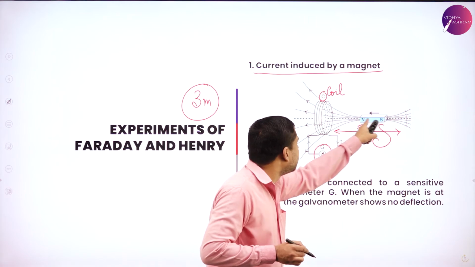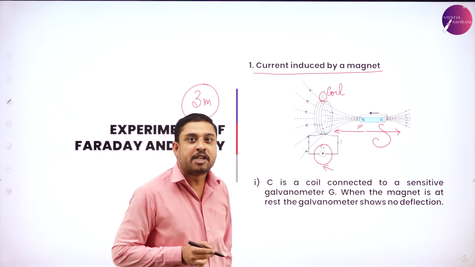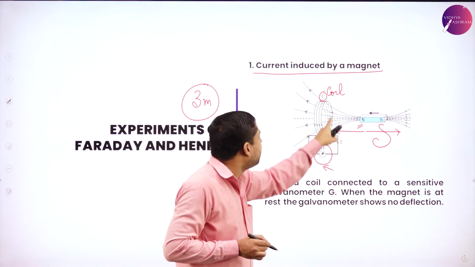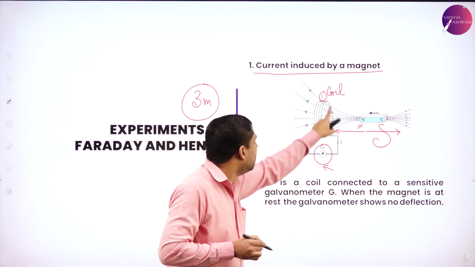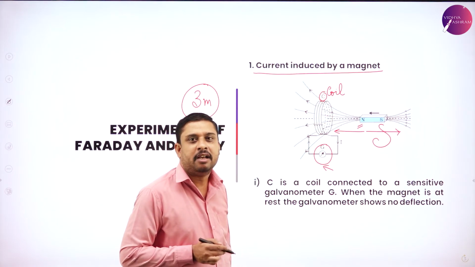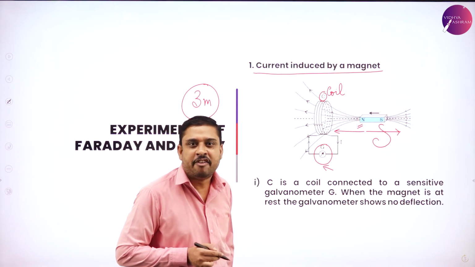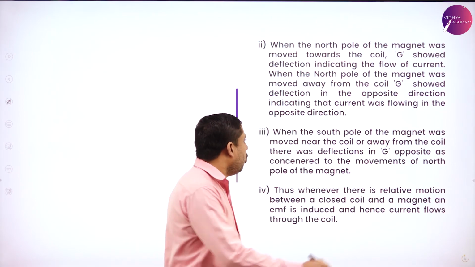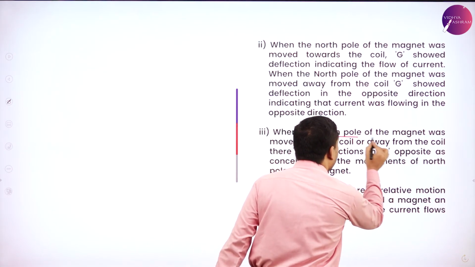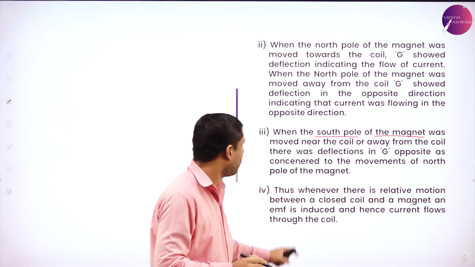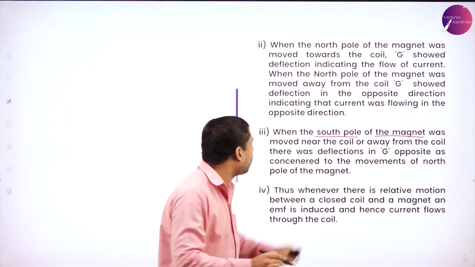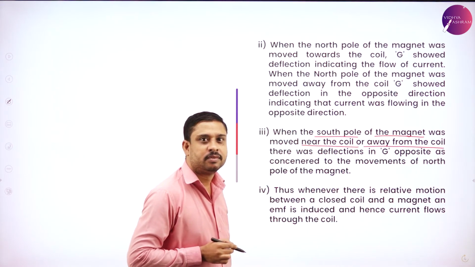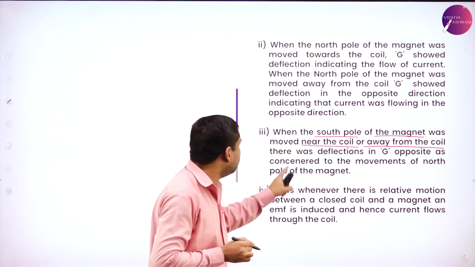Again, the magnetic field lines associated with the magnet have changed the flux strength that is linked with the coil. Therefore, EMF and current is induced. Now, when the south pole of the magnet was moved near the coil or away from the coil,